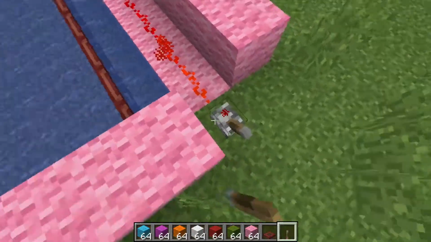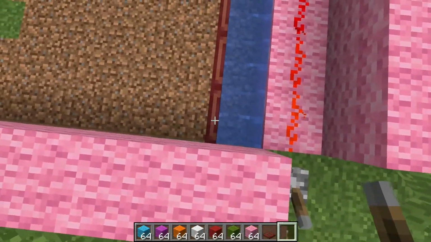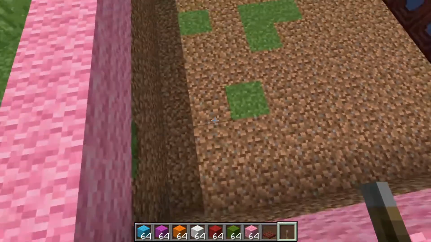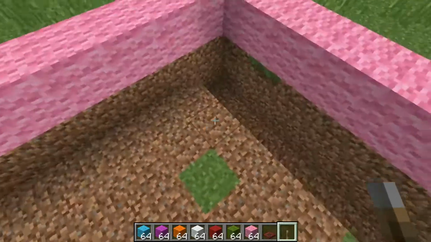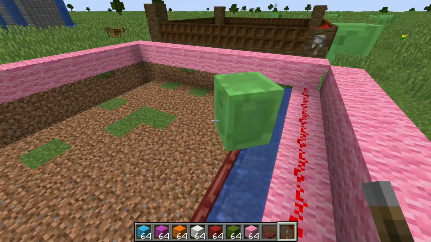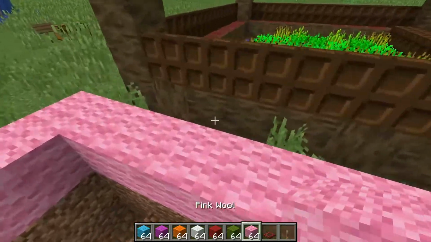So when you're building this, you'll have your back row, and then you'll have 1, 2, 3, 4, 5, 6, 7 blocks forward. And then you'll have your drop down. Now there's a couple ways to do the drop down from here. I need to get...